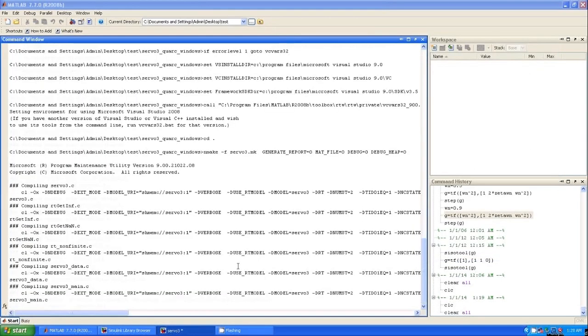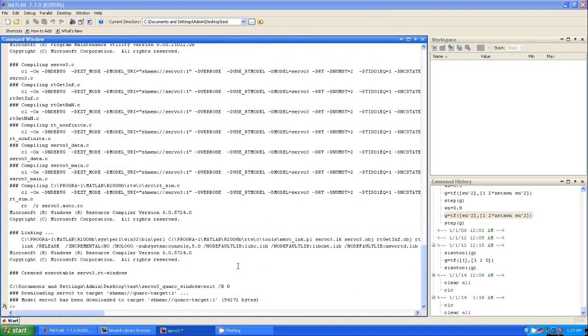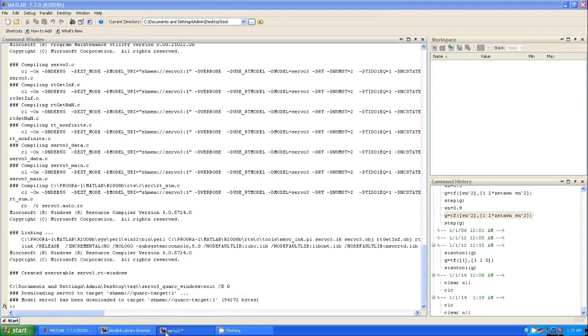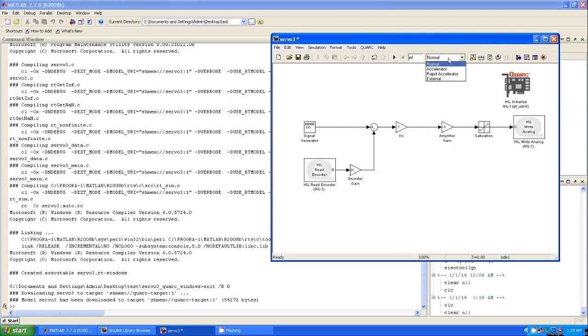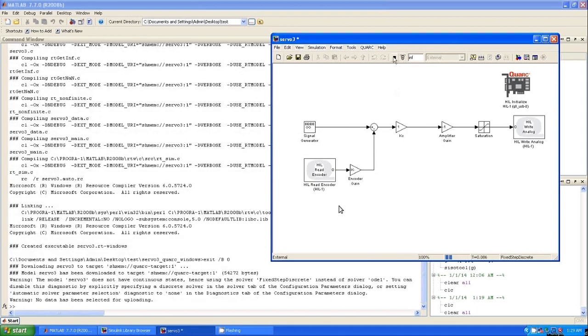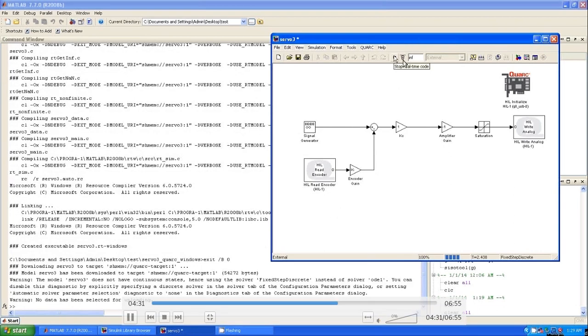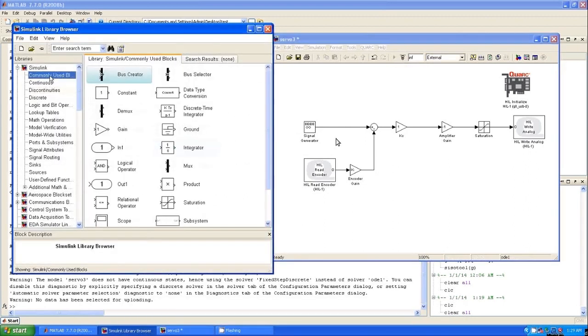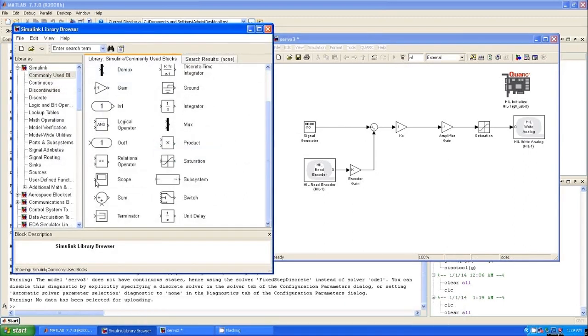Now what happens is MATLAB will generate a corresponding C code in the backend for the blocks we have created, and those blocks will be downloaded into the Quark real-time control software. Now choose the simulation mode as external, and there is a button called connect to the target, and once you have connected to the target, then click on the run button. The motor will start to run.